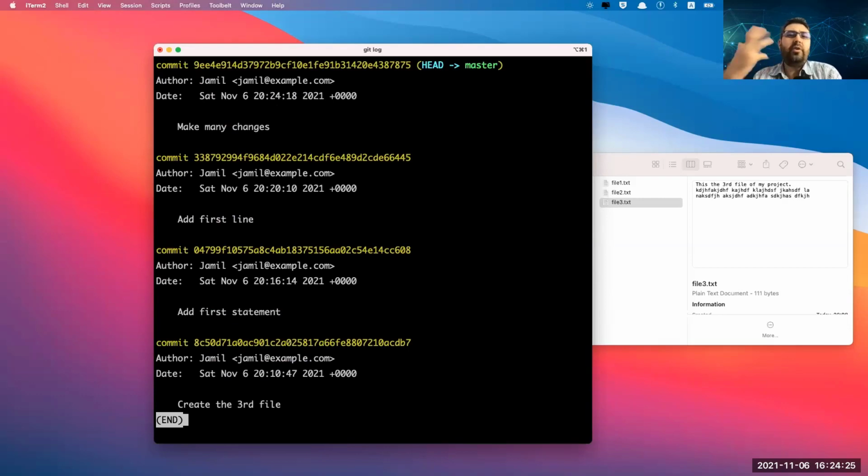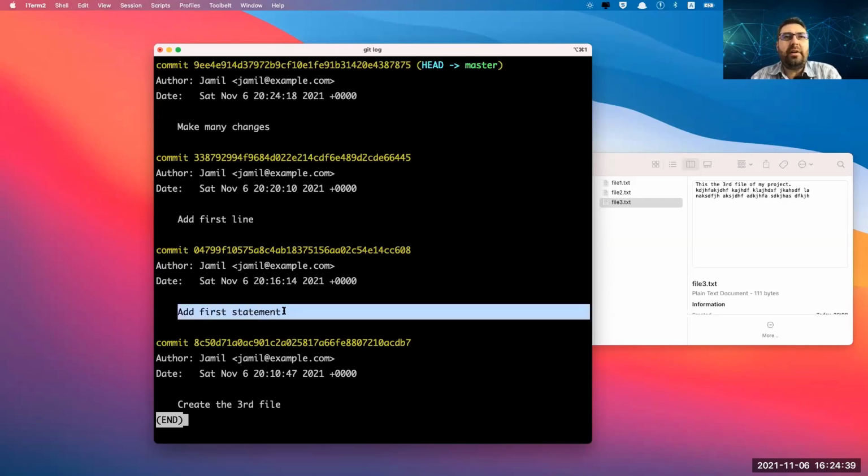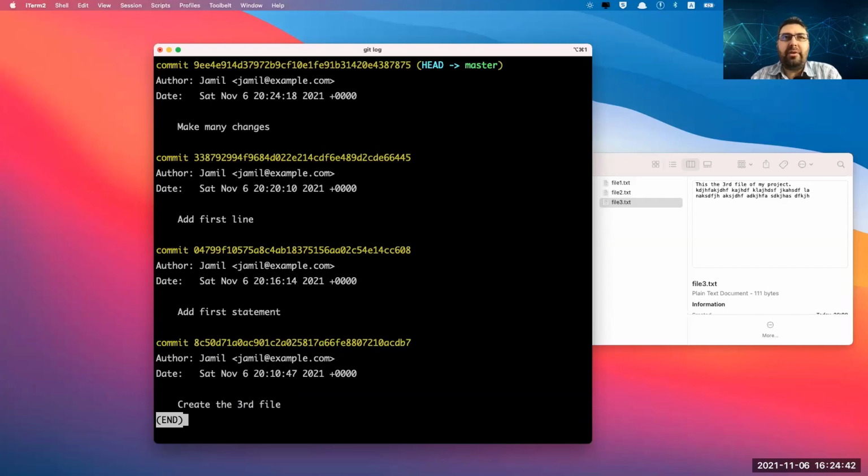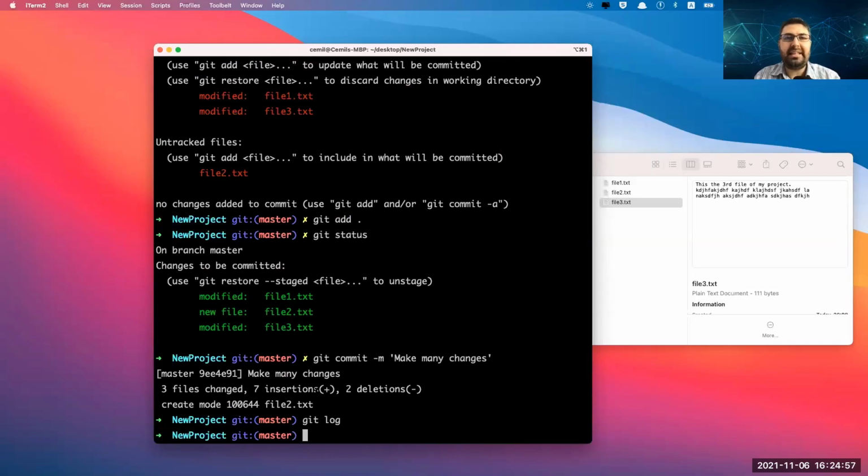Well, to see where you made some changes, it's better to add to your message what you changed and where. Made changes in file 1, file 2, file 3. You can add anything you want. That's basically to identify what you have changed. Actually there's a way to see what you have changed for those commits. But let's stick with our basic workflow. Git add file name and git commit with your message, and that's it.